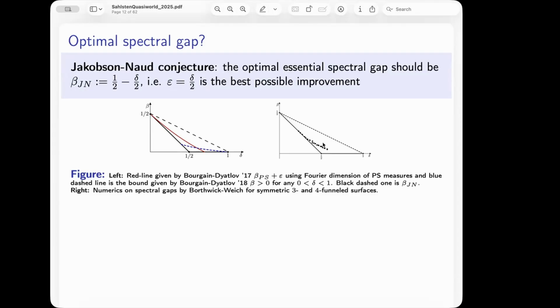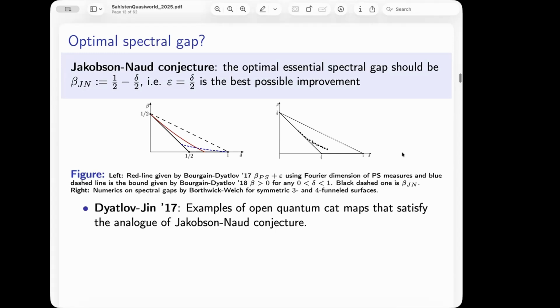This is Nebothic-Weiss paper, that somehow doesn't seem to support the conjecture in this way that you seem to get in this special focus. But maybe it's like the numerics that if you run it maybe bigger, then maybe you could get something that would support the conjecture. But it's a bit inconclusive at the moment, how I understood it. But then at the same time, there is a paper of